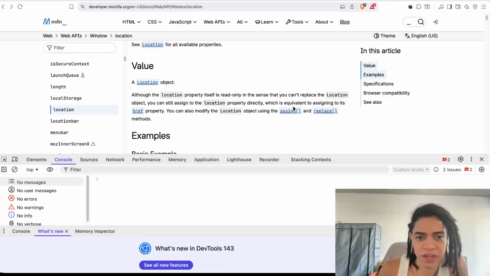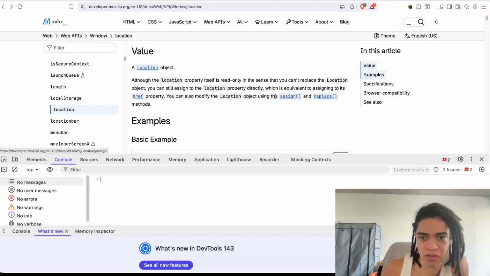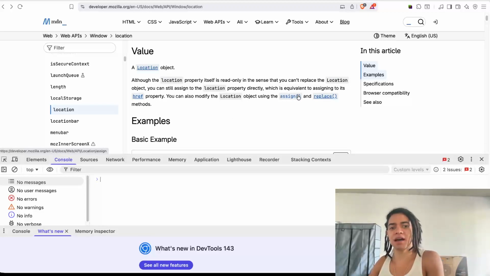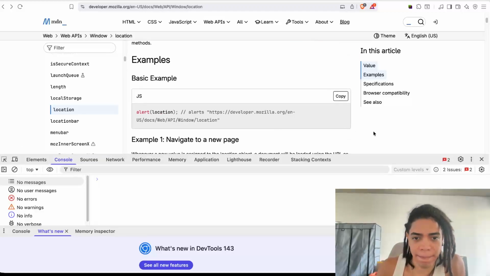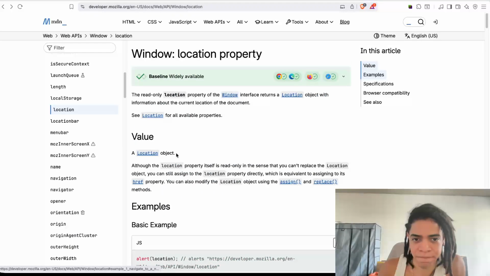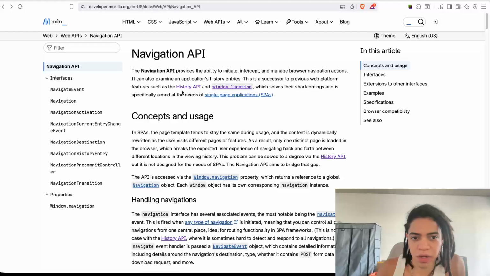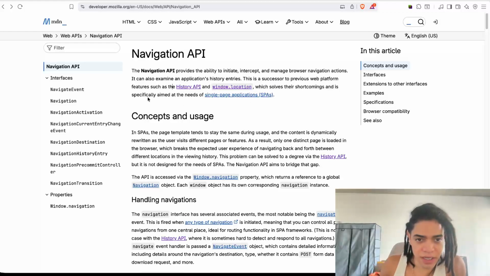Which is equivalent to assigning to its href property here, right? Again, for legacy purposes they don't change that, but I do prefer that for new applications we start to use this assign and replace, right? So, but in any case, here we are. So anytime that we need to interact with this, okay, particularly the one which solves their shortcomings and is specifically aimed at the needs of the single page application